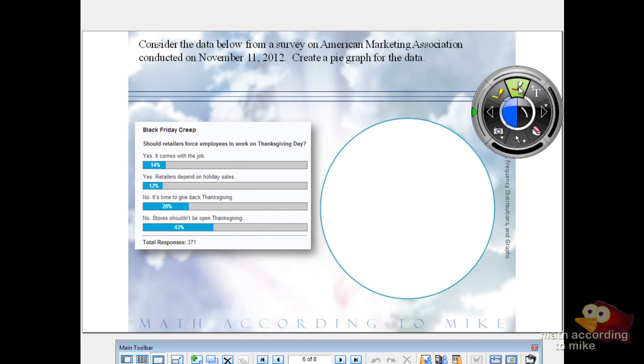Last up, we have everyone's favorite type of graph. It is a pie graph. Hooray. So this data came from the American Marketing Association, conducted last year because there was a big hoopla on people working on Thanksgiving, and it asked employees, actually I think it was a national survey,